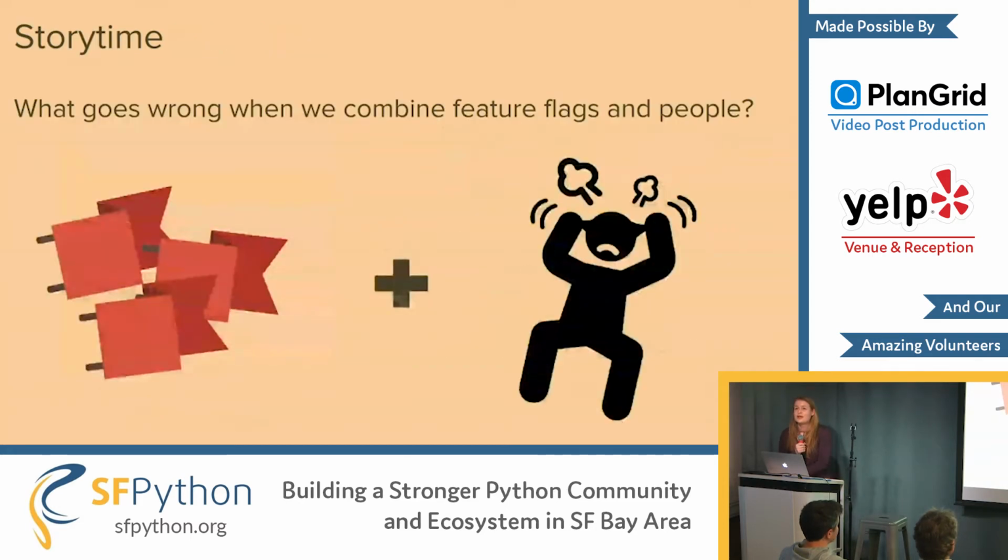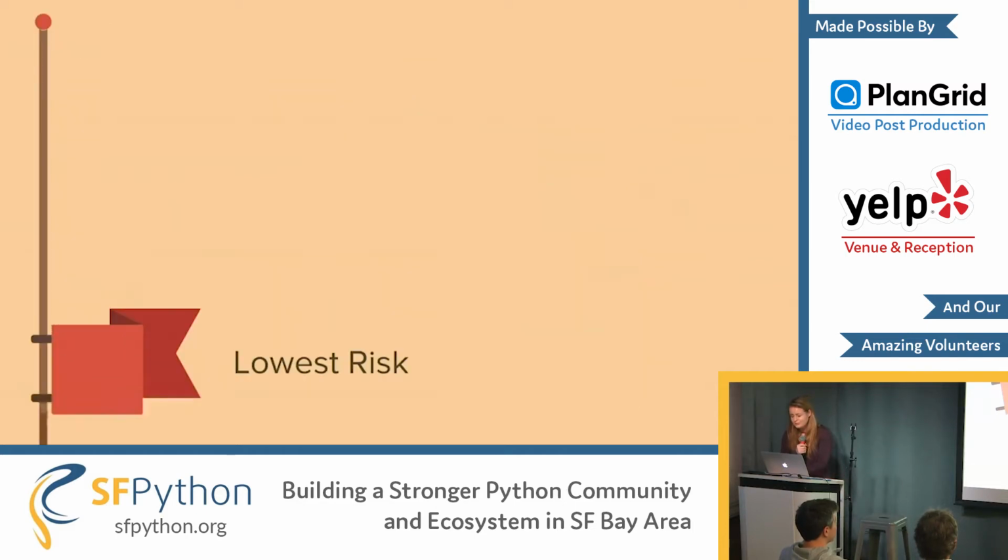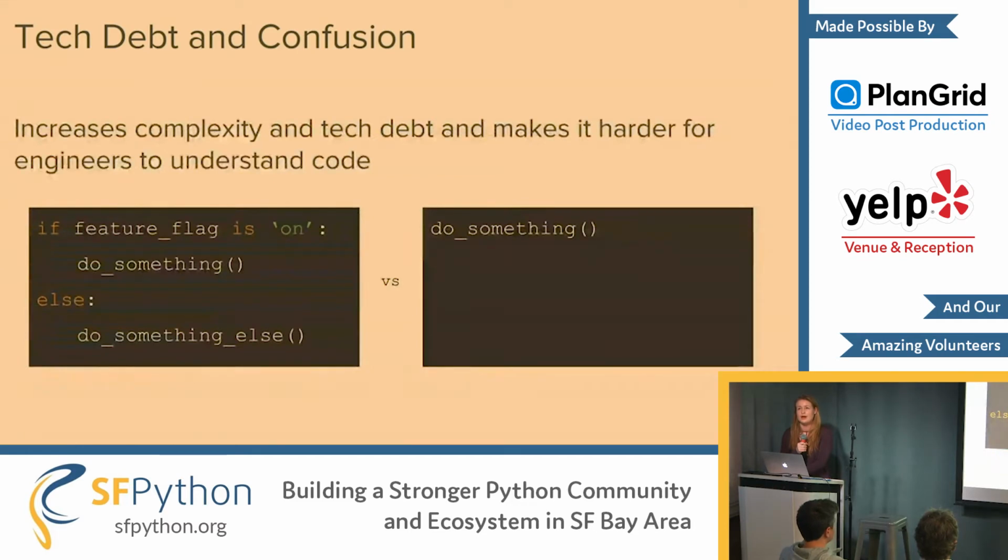All right, so we spoke about feature flags and we spoke about some people. Now, what happens when we put those together? This is kind of the fun part, right? What can go wrong? Let's talk about that first. So we can go into the lowest risk scenario first. Let's start at the low end. Inherently, we're putting tech debt into our code base when we put in a feature flag, right? So we're increasing the complexity, the tech debt, and we're making it harder for engineers to understand the code and